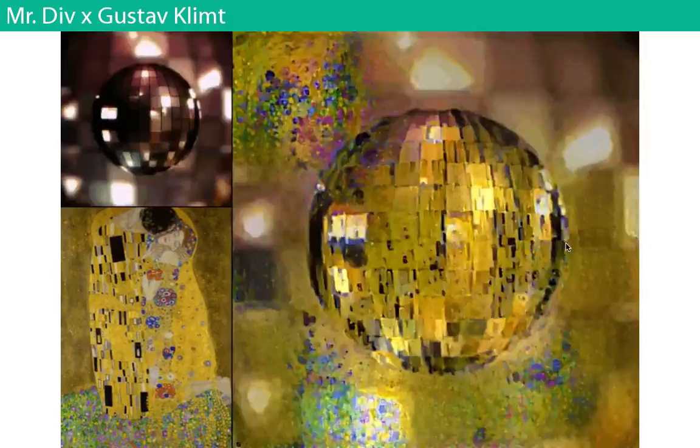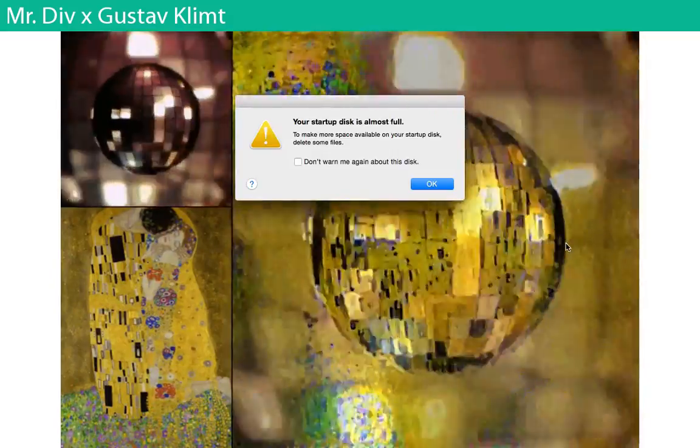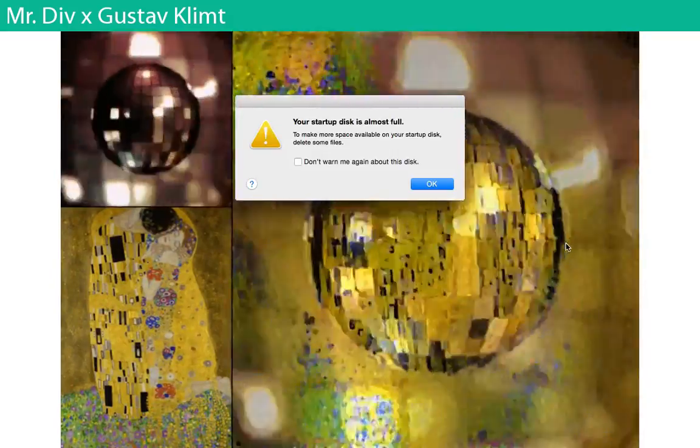Yeah. One way you could maybe do that is in style transfer, you can actually use multiple styles, and all it really does though is